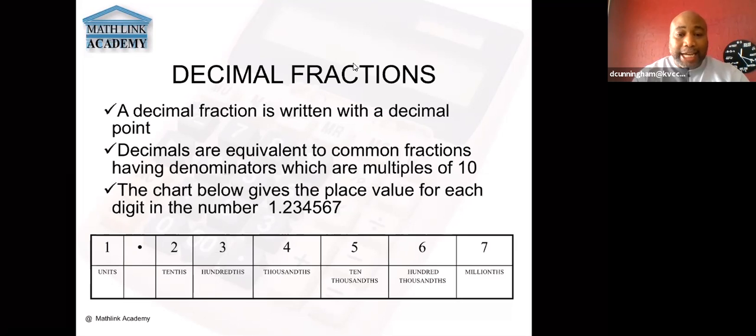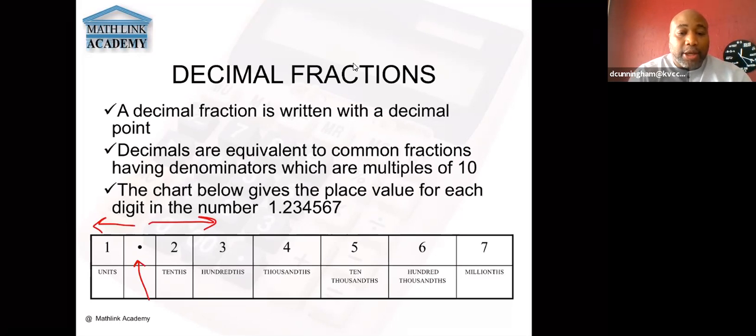Now, normally we don't necessarily say point. That decimal that's between the 1 and the 2, we usually say and. So you could say 1 and 2, 3, 4, 5, 6, and so on for each of those place values. Some of us call it point. On the left side, the 1 is the 1 unit that we talked about before. Now going to the right of the decimal,